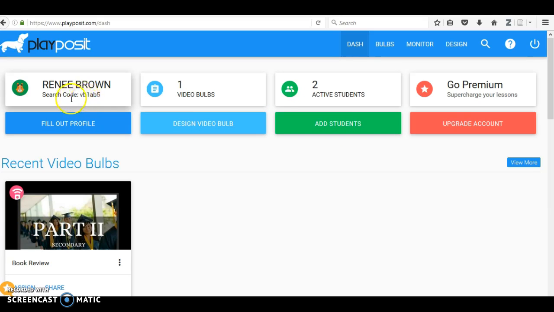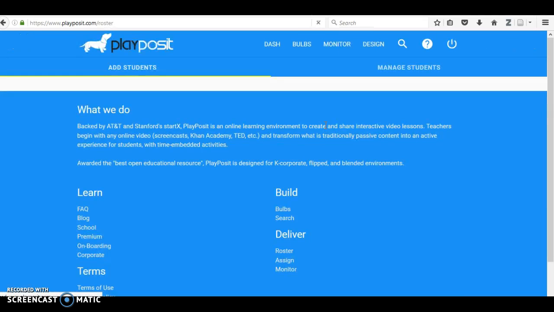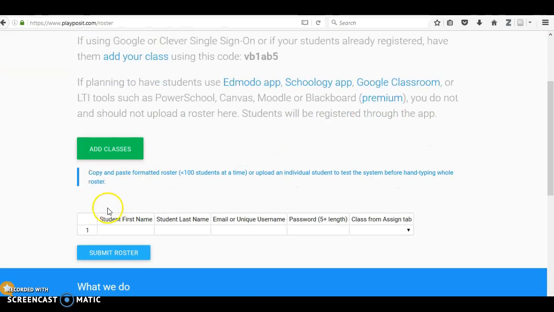To add students, it's really pretty simple. They can either join by the search code or you can add them yourself. I'll show you quickly how to do that. So I have one class right now. If I wanted to create multiple classes, I could. In this case, I'm going to show you how to add a student. I already added a couple,